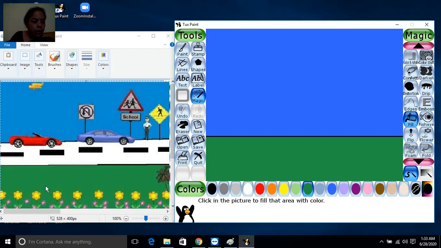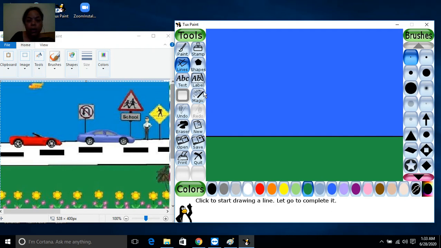Now above the green patch, we are having the white color road. So to draw this road, again I will draw a line. But before drawing this line, I have to choose the black color for line. So I will choose the black color. Now I will draw this line. In TuxPaint, if you have done something wrong, that time you have to click on undo. Now my line is ready.